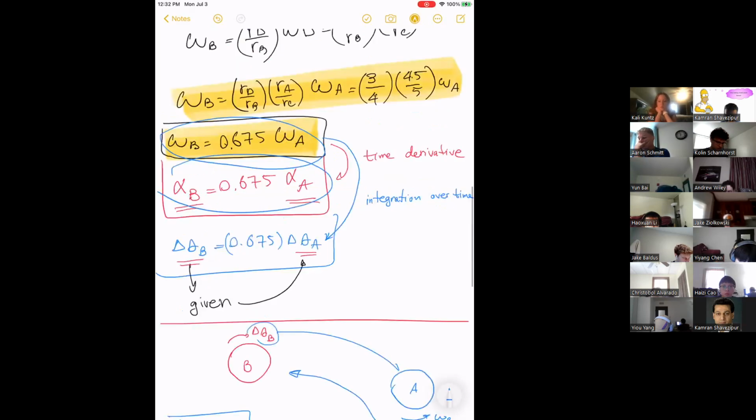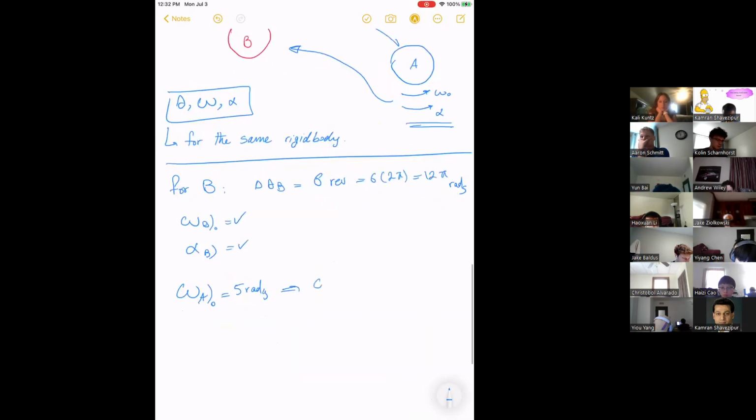This relation between A and B exists at any time, including the initial moment, right? So I can get from here omega B0, the initial omega B, is going to be 0.675 omega A. And if you do that, 0.675 times 5 gives you omega B, the initial value, 3.375